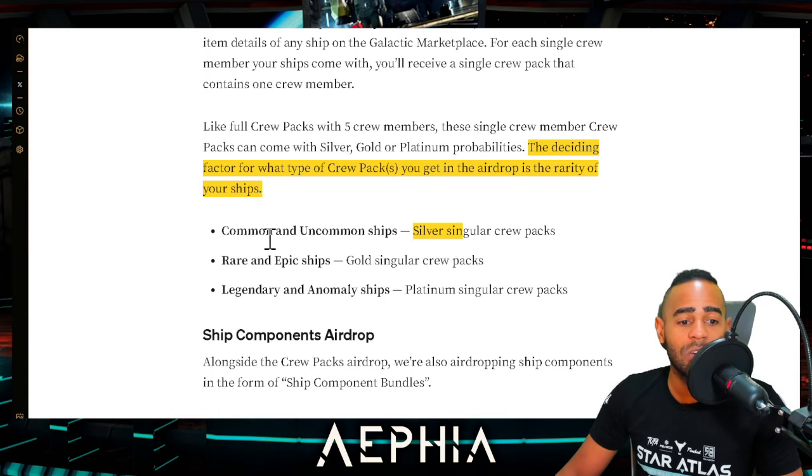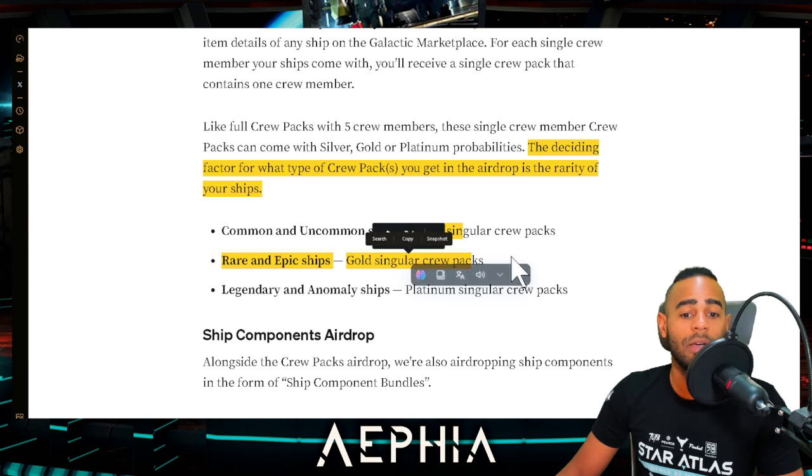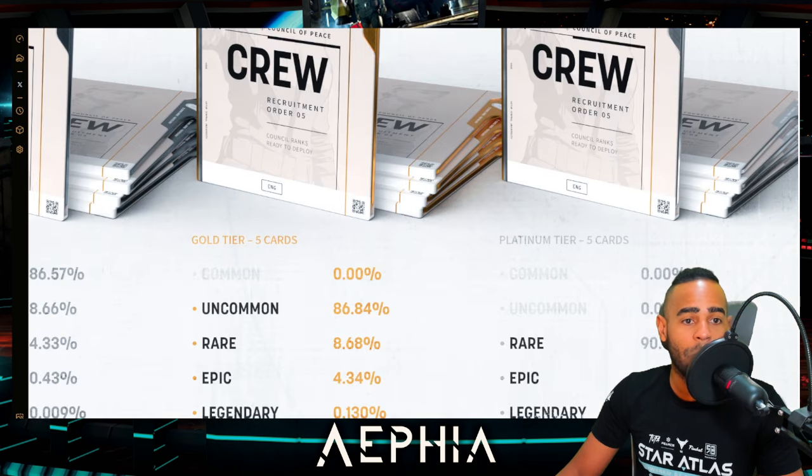Now, we come back here, you'll see if you have a rare or an epic ship, you're going to get a gold singular crew pack, which gives you a chance. There's no commons in a gold, it's only uncommons. You're going to get an 86% chance of an uncommon, 8.6% chance of a rare, or a 4% chance of an epic. Now let's go to a legendary or anomaly ship, platinum singular crew packs, which will give you,